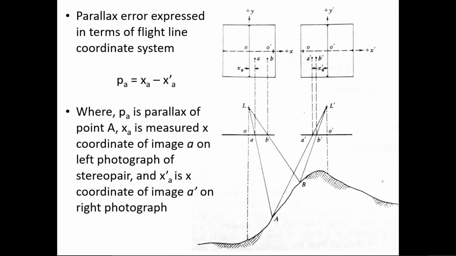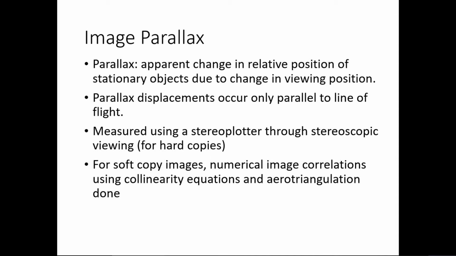But if you look at the same frame from point L dash, the flight has moved and reached point L dash. Now if you look at the same points and take a photo, you can see that the point small a dash and small b dash, the distance between them has changed, right? The point small a on the left figure and the point small a dash on the right figure show some displacement, right? This error is called parallax error, isn't it? This is our image parallax, right? So this is another problem in the perspective view.